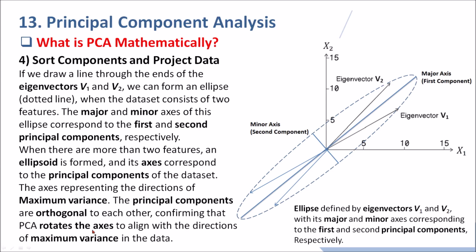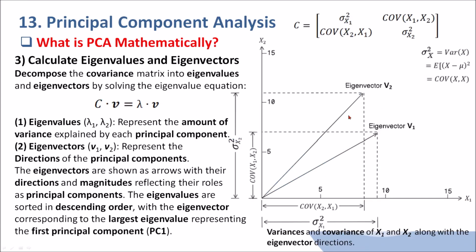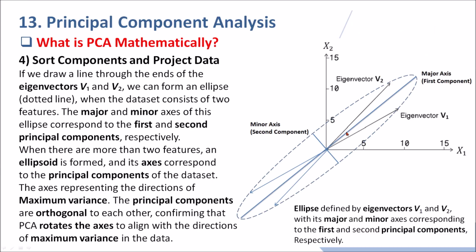PCA rotates the axes to align with the direction of the maximum variance in the data. Most of the variance lies in this direction. Therefore, this is equal to a kind of axis rotation. Until now, we have seen what PCA is mathematically. From this figure, and from this ellipse and its relationship with eigenvector 1 and eigenvector 2 that we calculated,